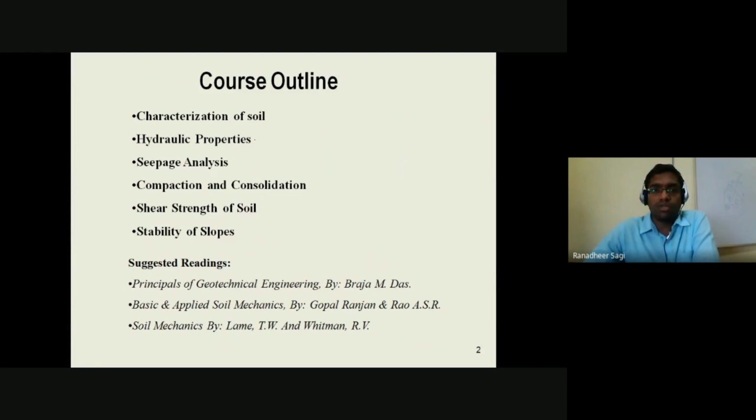And coming to the second unit, we'll be focusing on the hydraulic properties of the soil. That's nothing but the coefficient of permeability of the soil. And subsequently, we'll be focusing on what is called as the seepage analysis. How does the flow takes place through your earthen embankment, or the flow takes place through the soil strata below your concrete dam. So how that flow characteristics are going to be is what we will be learning in this second unit. This is your second unit.